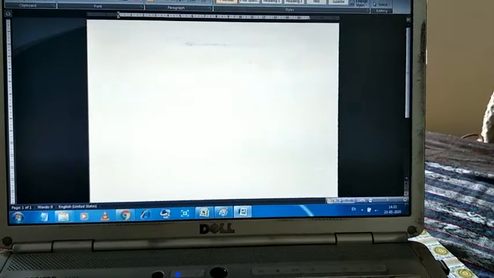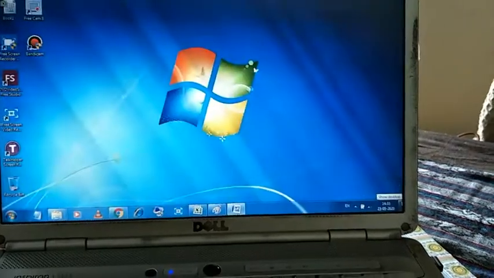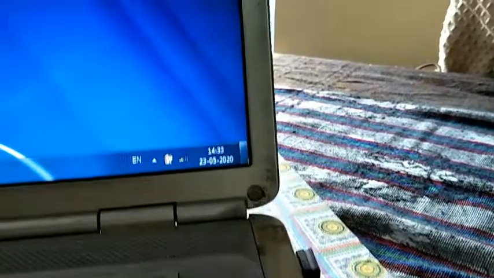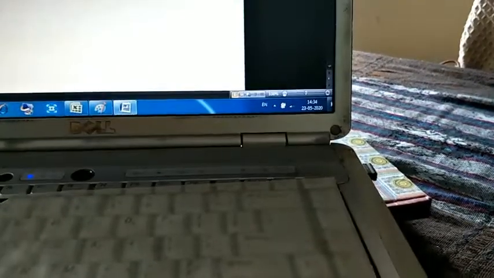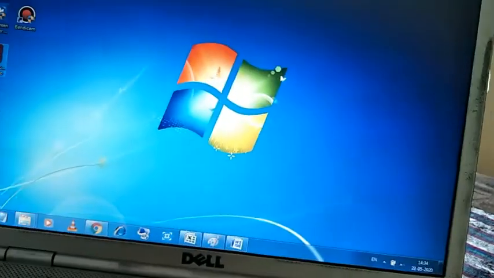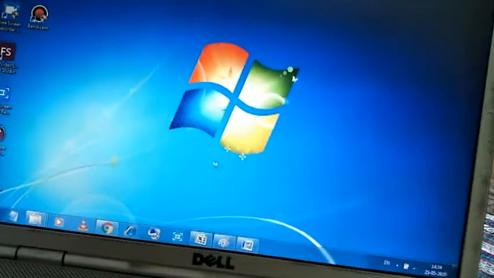Now the use of the Show Desktop option is, look here, the Show Desktop option is in the right corner of the computer. Look, that one. When you click here, all windows are minimized.